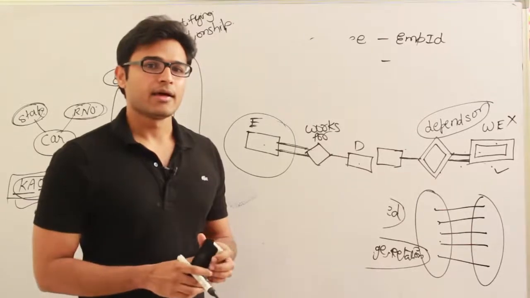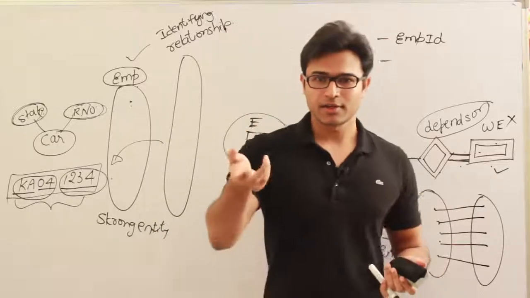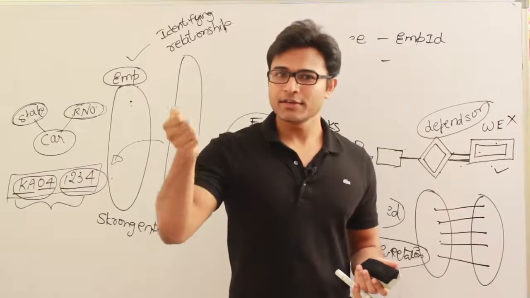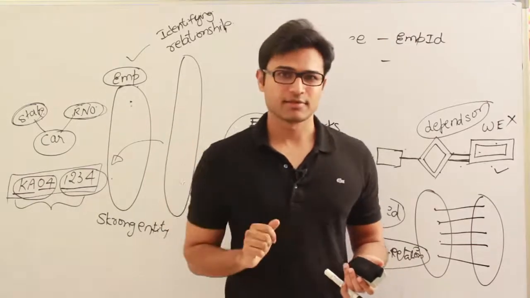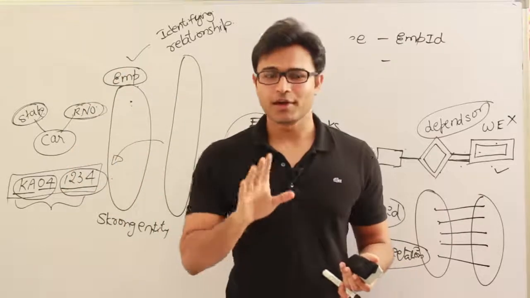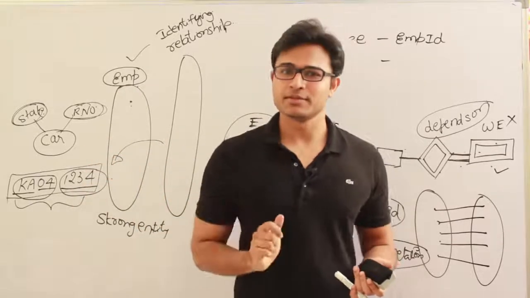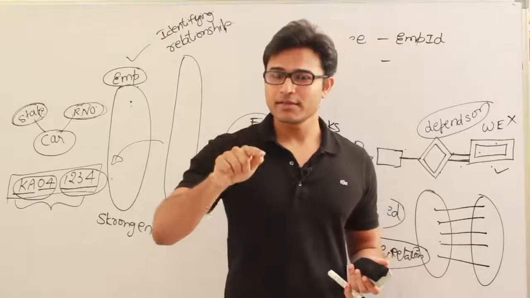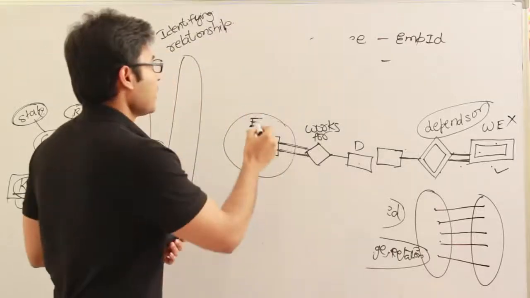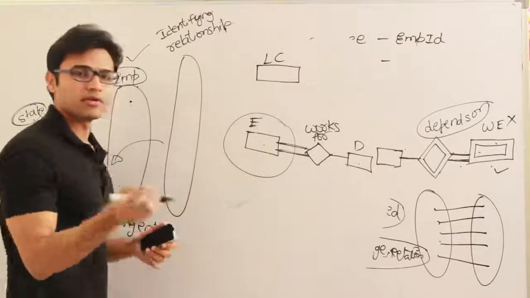Let us say a person has a license card, the driving license, DL. Now that driving license will never exist without a person, isn't it? If there is a driving license, there will definitely be a person, alive or dead, that is secondary. But it doesn't make that driving license a weak entity. Let us say it is the license card entity, your DL,